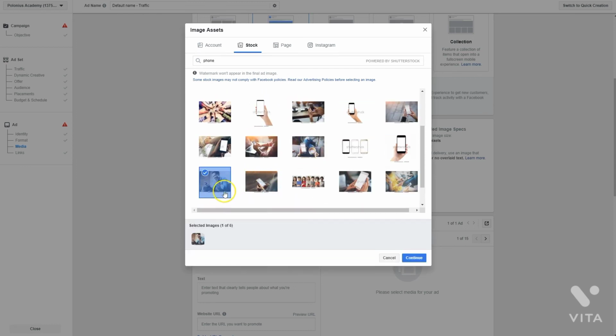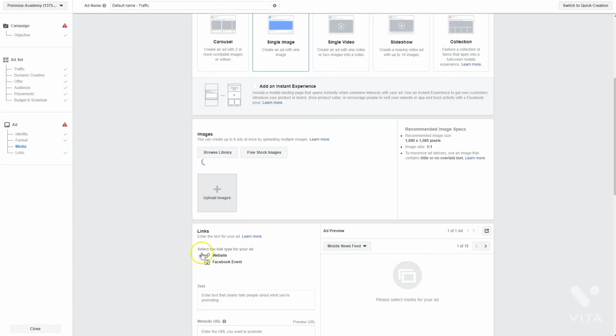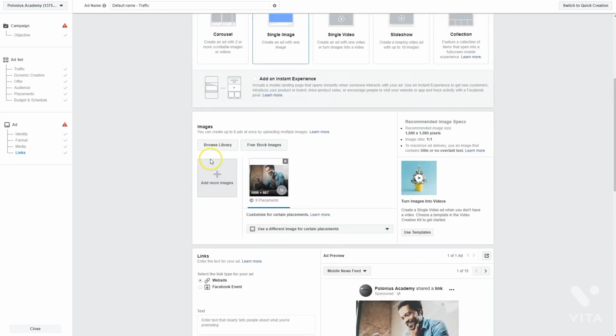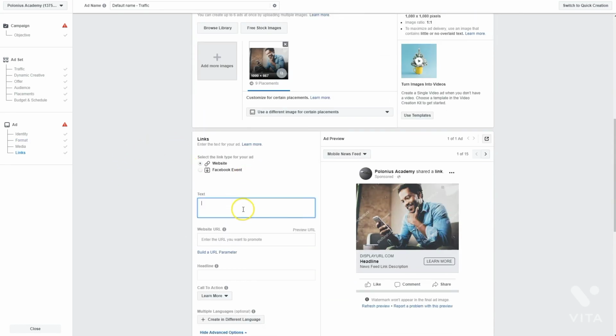There we go. Dude on a phone. That's pretty much all we need. Okay? It's a good-looking stock image, and that's really all we need. So let's come on over here to text. I'm going to paste in